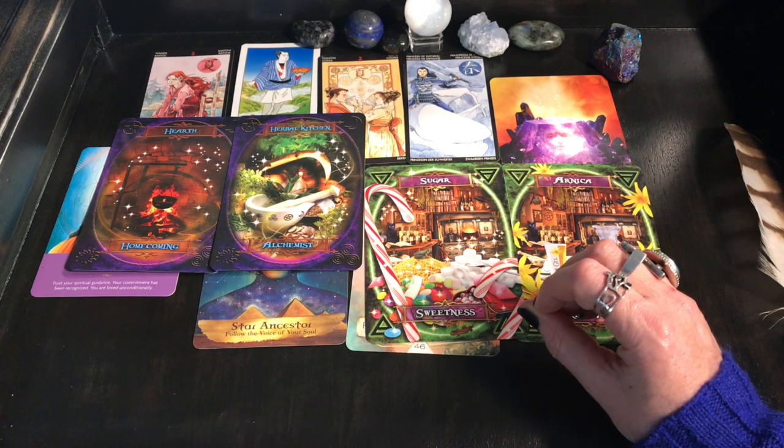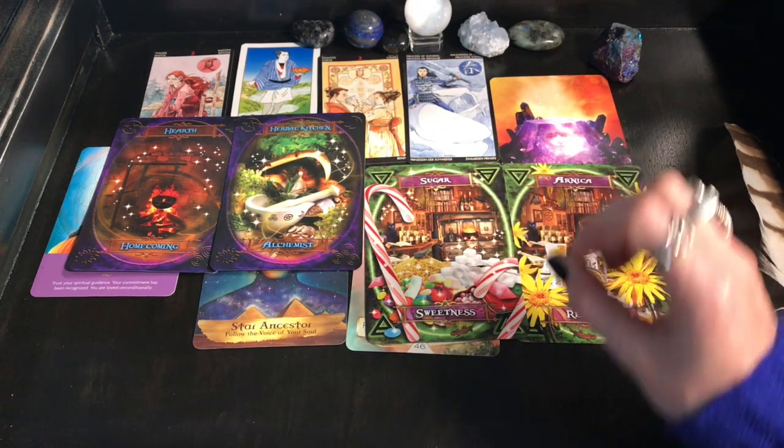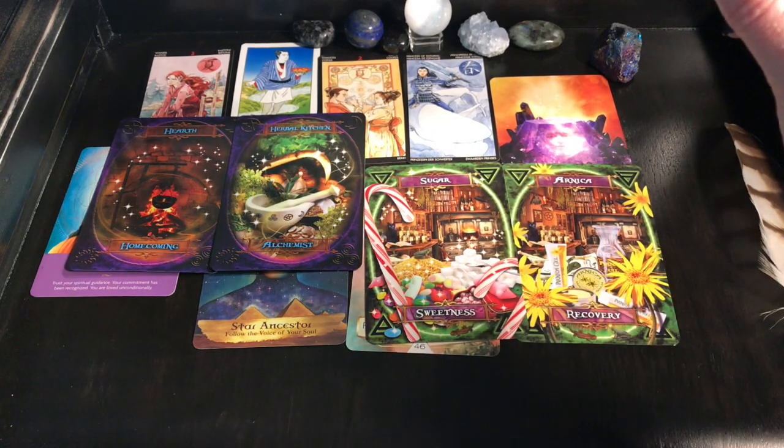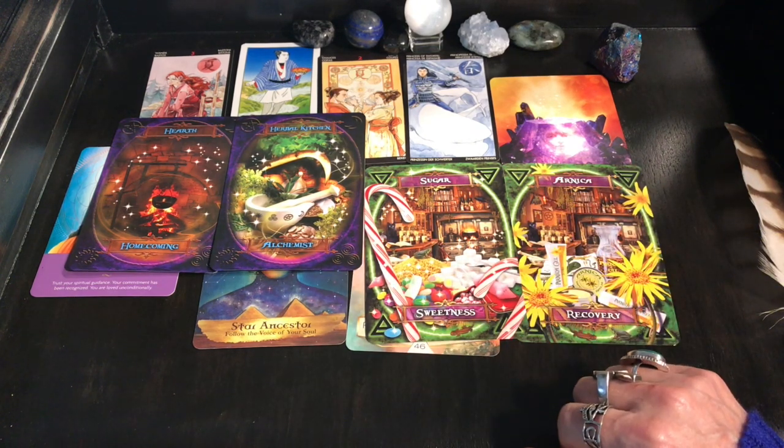You can create crystal water, where you sit it out in the moonlight and you put crystals around it. I'm not a huge fan of putting them inside the water too much, because you never know where stuff is coming from these days. So you gotta be